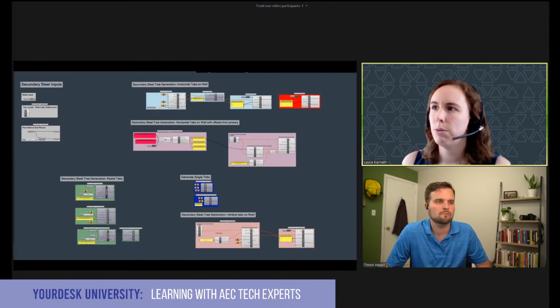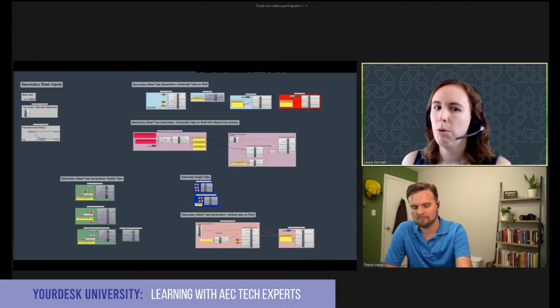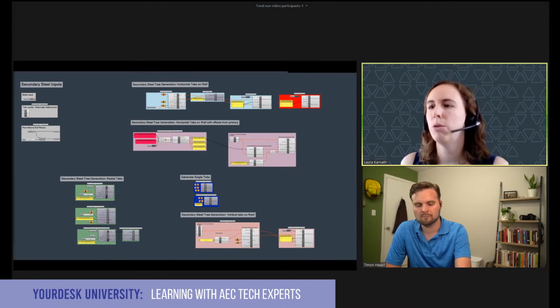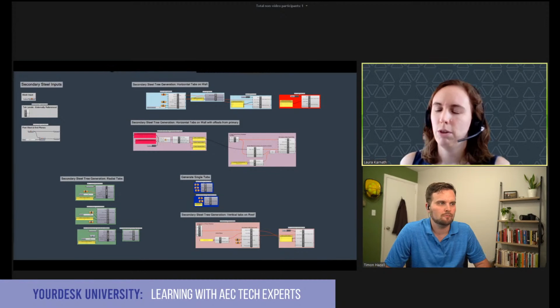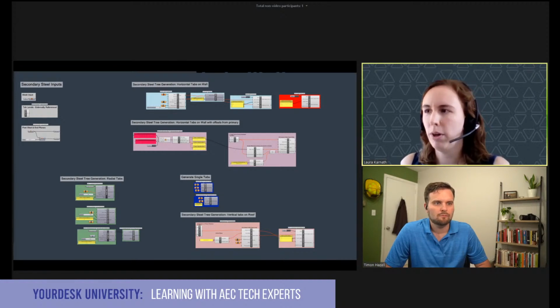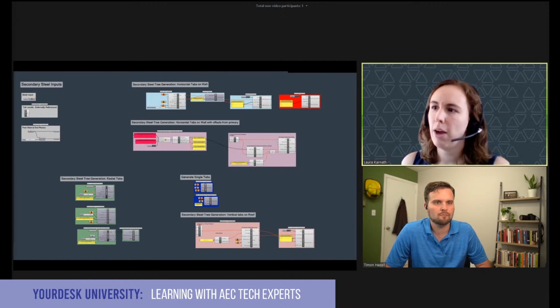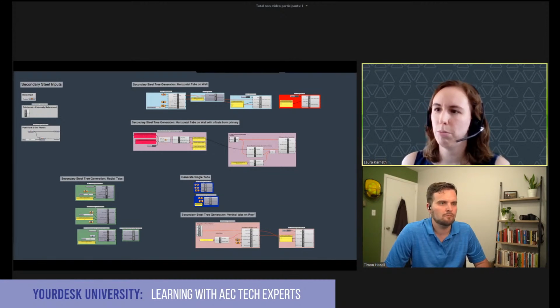The process we used for that is either I would come and sit with someone while they picked it apart, rather than them saying, well, I need it to work like this, and then I make them a new thing and hand it over. I would sit with them and we would go through each little Grasshopper component and figure out what does this do? Why are we using this one and not that one? And once they're done making something, I would vet it and then put it back onto the shared canvas for the entire project team to use. So this thing would grow over time throughout the course of the project.